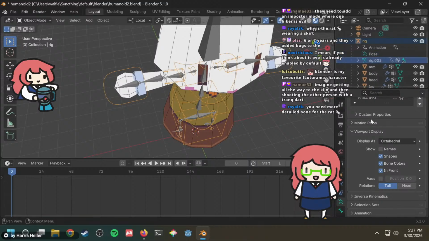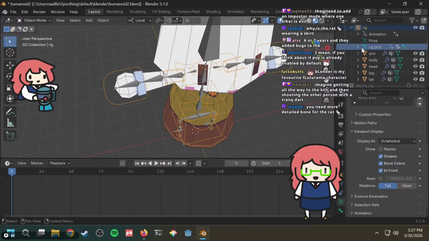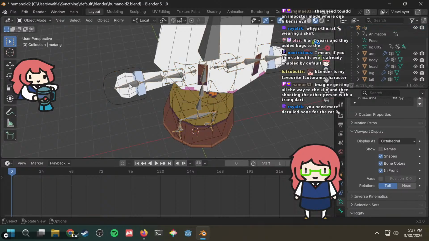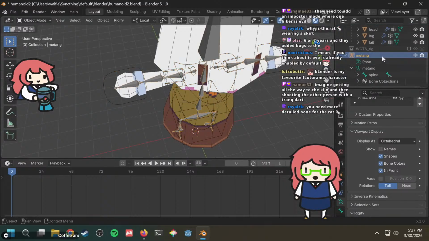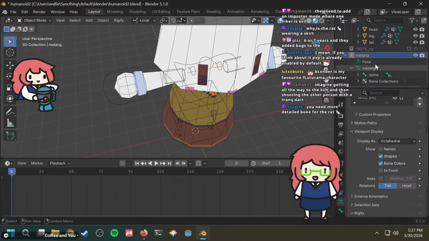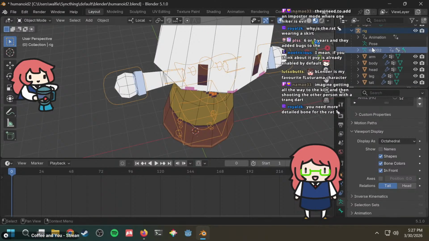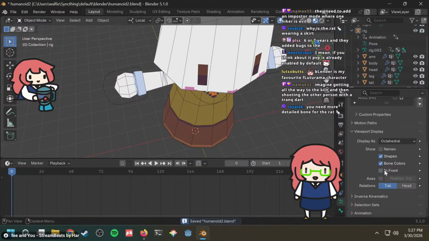Was it this bone? It was not this bone. Where's the real bones? Was it this thing? Because these bones are not the real bones. These bones are the fake bones. But these bones are the real bones, but they're not being shown. We got these. We got these.